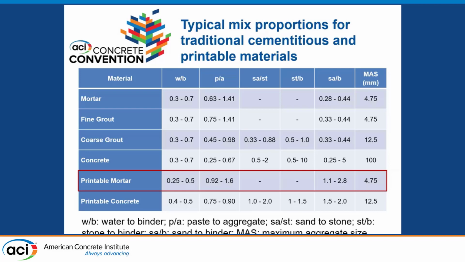In terms of the aggregate needed, I think there's been a review done on the maximum aggregate size. So it's good to also put the printable mortar in relation to other types of mortar, grouts, concrete and printable concrete. More often we have the printable mortar, so you see that the maximum aggregate size is usually a maximum of 4.75 millimeter. But we have seen that if the system is designed for concrete, you can go up to 12.5 millimeter aggregate,